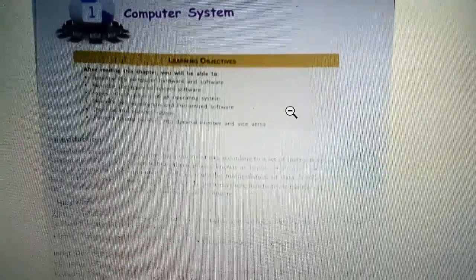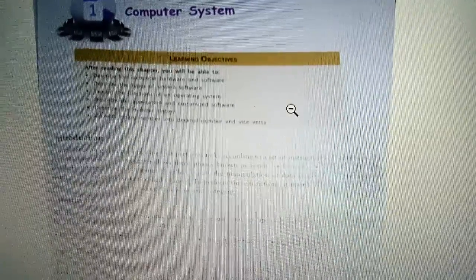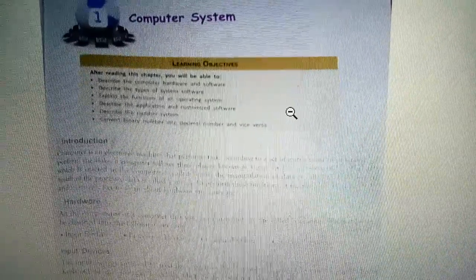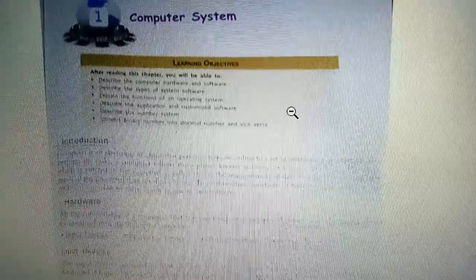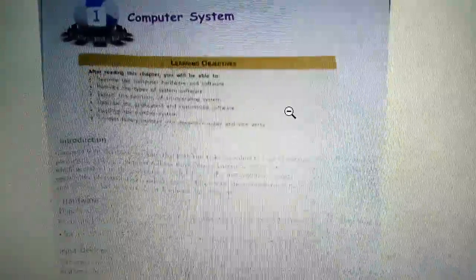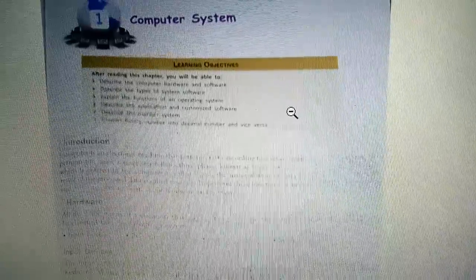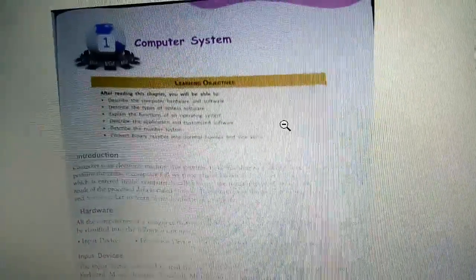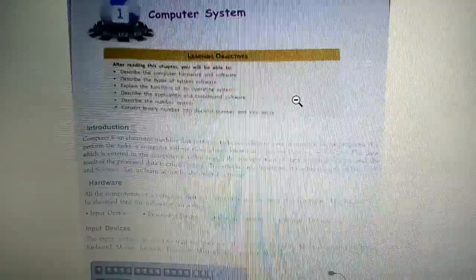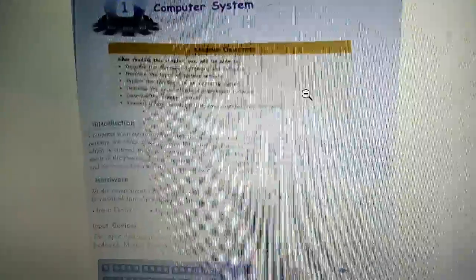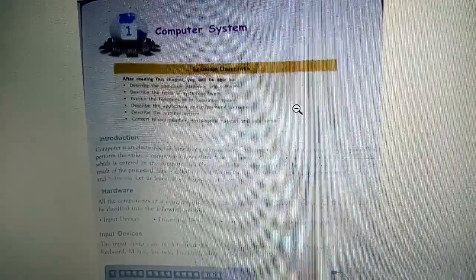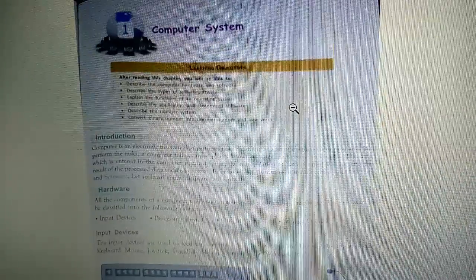The manipulation of data is called process. Whatever manipulation the computer is doing is called process, and the result of the processed data is called output. After manipulation, whatever result it gives to us is called output, or we can say that is the result. To perform these functions, it mainly consists of hardware and software.